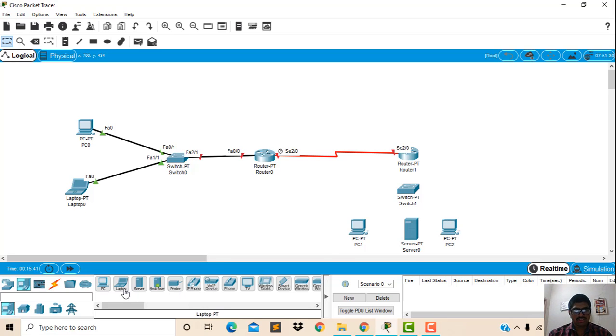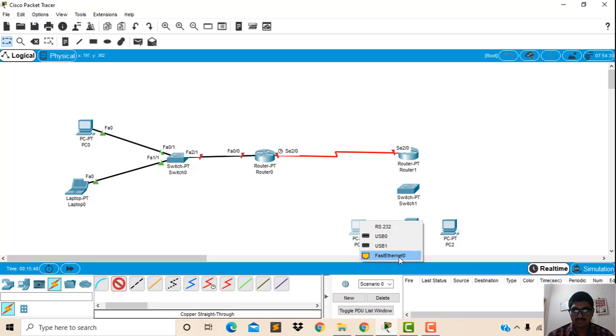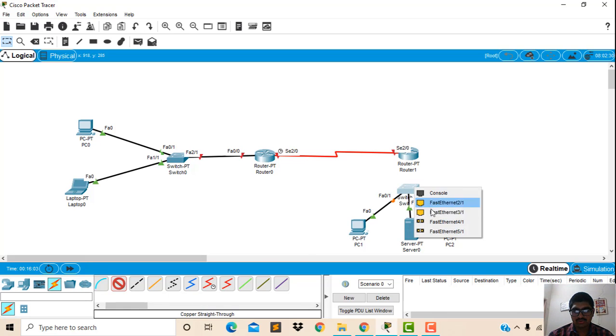Now I am connecting the switch to the PC through copper straight through cable, and the server to the switch with fast Ethernet, and we connect the switch to the PC with fast Ethernet, as well as the switch to the router with fast Ethernet.